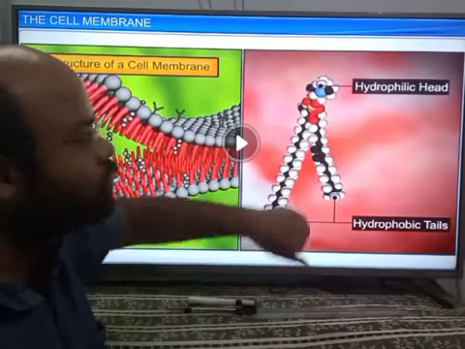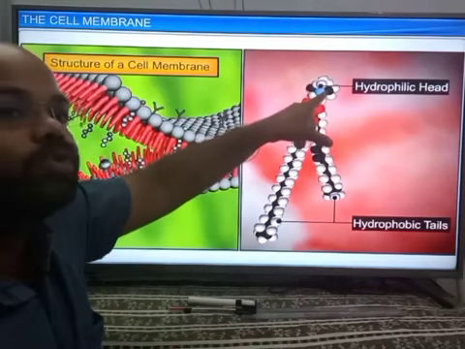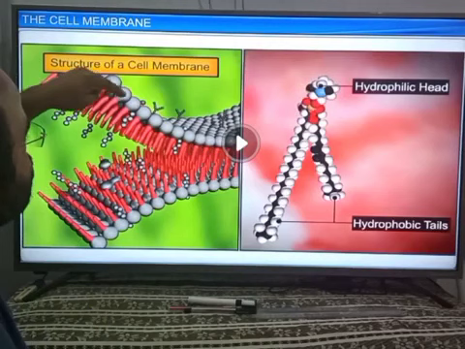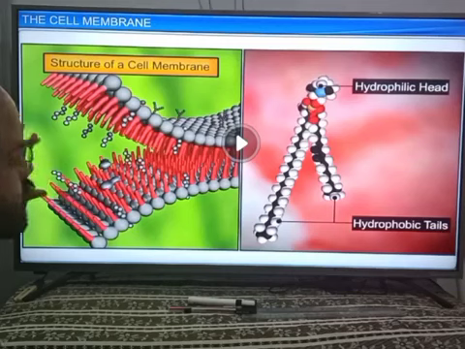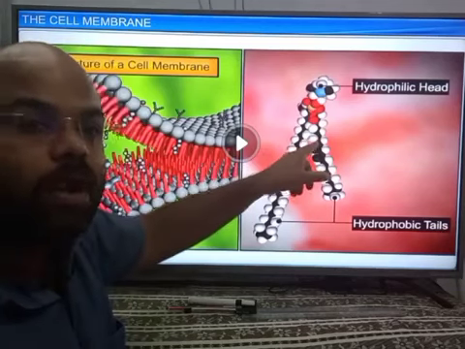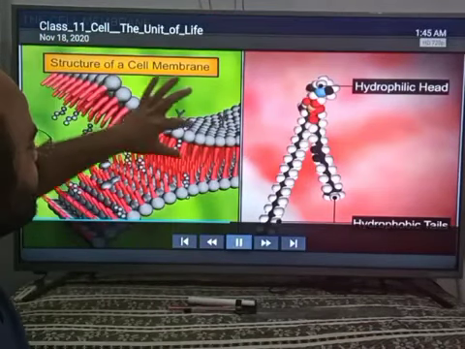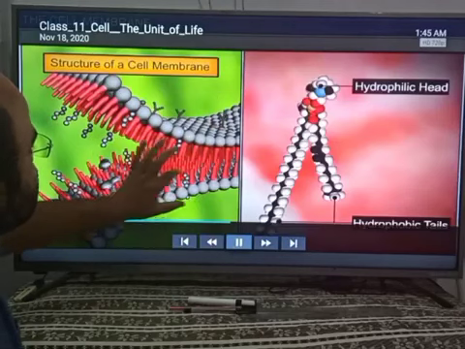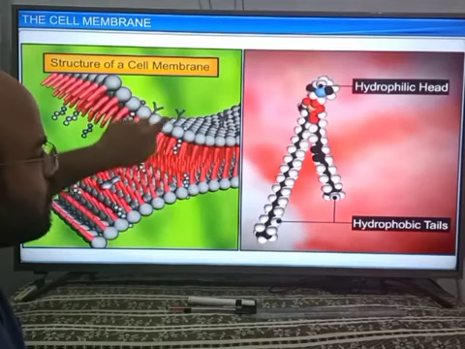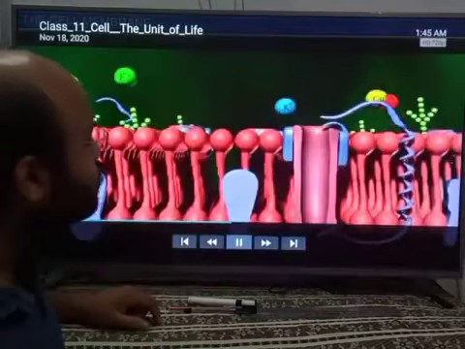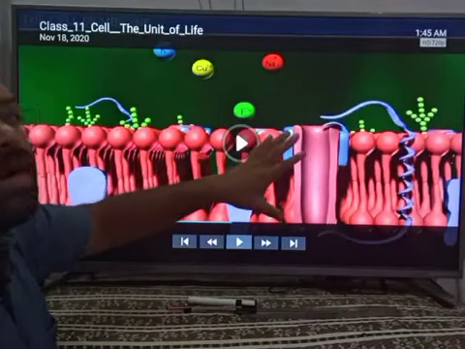We will discuss that in biomolecules. It has a water soluble part, which is the head, and it is also polar in nature. These heads are found at opposite poles, but the tails are arranged in the middle. Therefore the tails are non-polar and the heads are polar. See how the phospholipid bilayer looks, one layer and this is another layer. And what are these things? These are nothing but the integral proteins, the channel proteins. So have a look at these things. See how selective permeability is shown here.